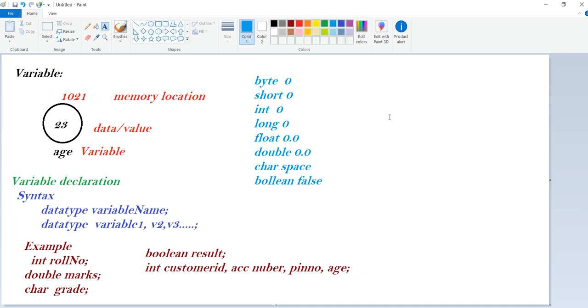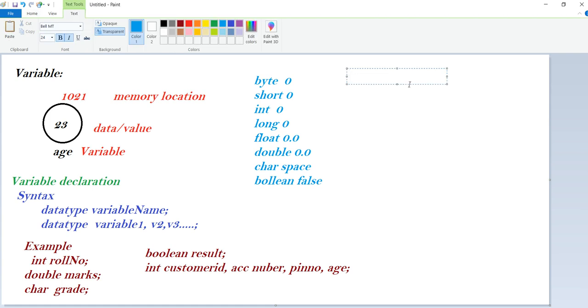Then, let's see one more syntax. We can define the syntax for initializing a variable during declaration time. During declaration time, as we just saw, if you don't specify anything, then automatically it allocates a default value.